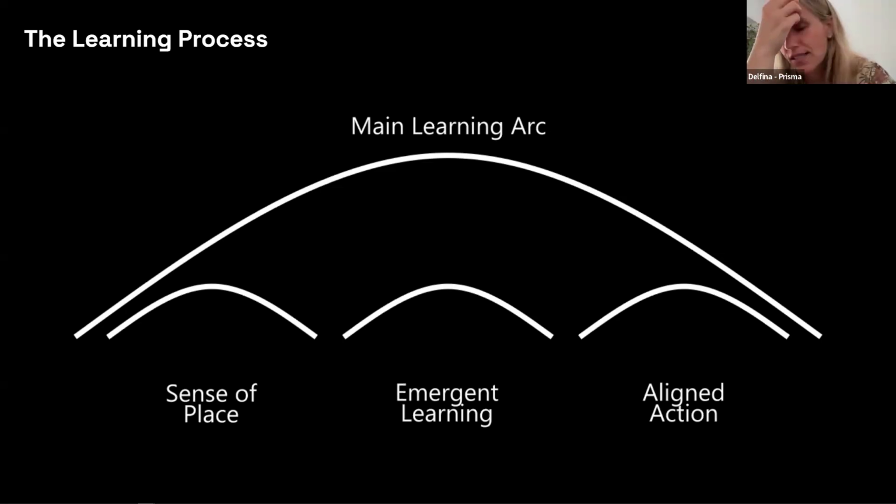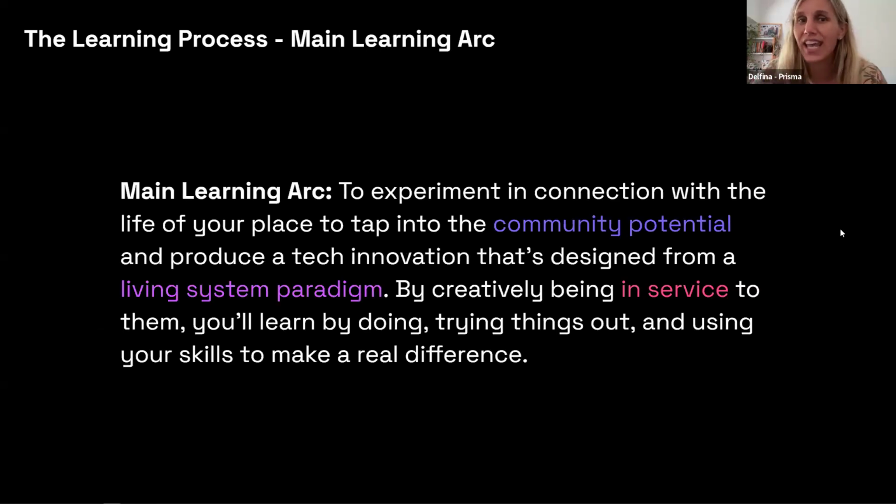And as you can see, and this is a brief understanding of the learning process, you have a main arc. The main arc is that we really capture and evoke what is happening within your local community and design something that serves the potential of that community. That's it. That's the main purpose. But to do so, we have different steps that we want to work with you, and we want to ask you to bring in so that we see that going on. So main arc, as I said before, really tapping into your community potential.